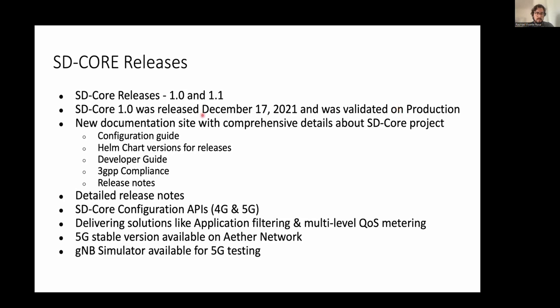There is a documentation site that was created and later in the release on 0.0 and updated in 1.1 that presents comprehensive details about the project. It provides a way to see how each one of these components can be configured, both the 4G and 5G control plane. It means the configurations of the Helm charts, their versions and their releases, and their specific settings or their values